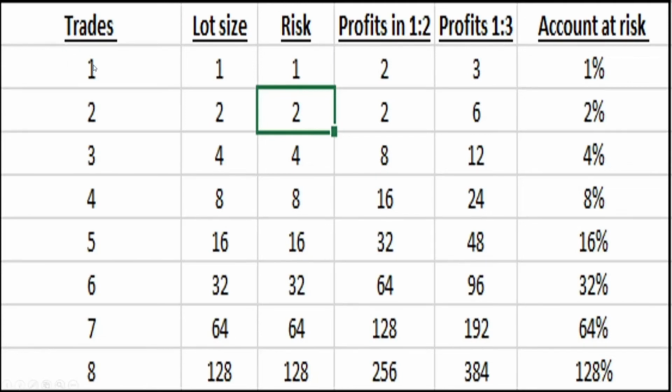So in the first trade, the lot size was 1, the risk was 1, and check now how the account size will exponentially sky high as we keep increasing our trades. We are increasing our trades, the market goes up and down, and always puts us in a trade. Now remember that it's not only the 32%, you have also opened the previous trades. So imagine how big an account size you need to have in order to win.